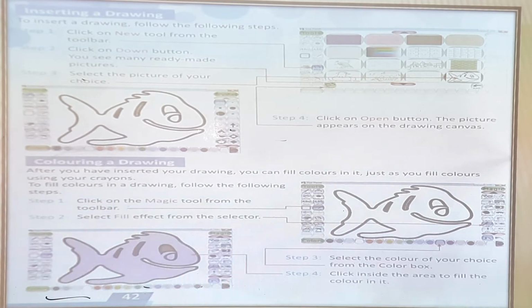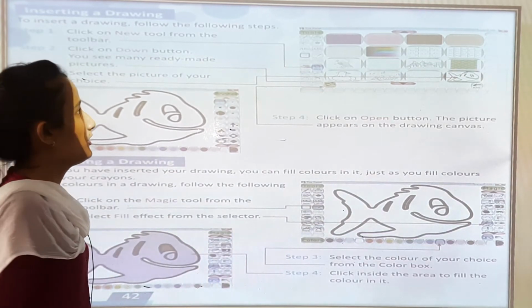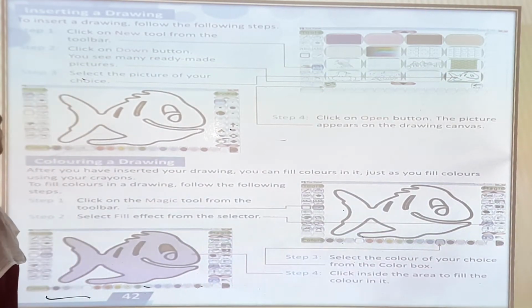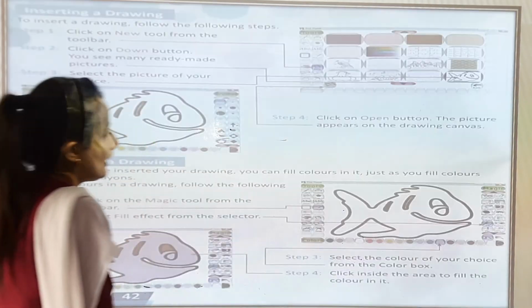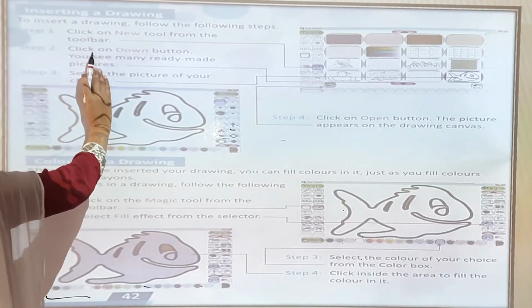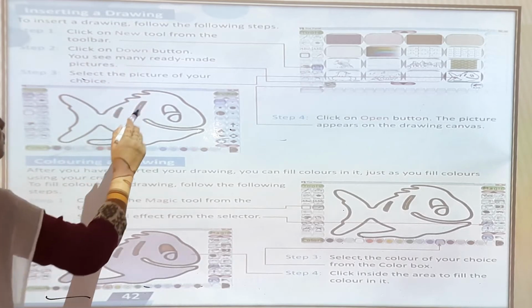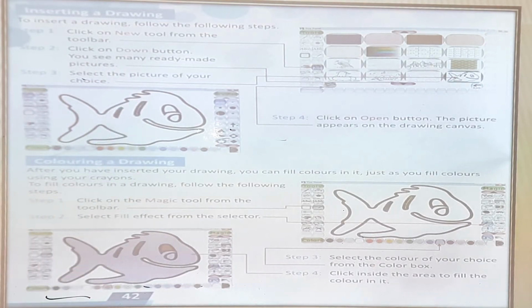inserting a drawing. How to insert a drawing? To insert a drawing, follow the following steps. Step 1, click on the new tool from the toolbar. When you click on the new tool, you click on the down button.